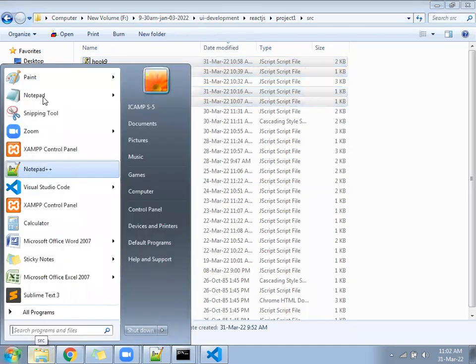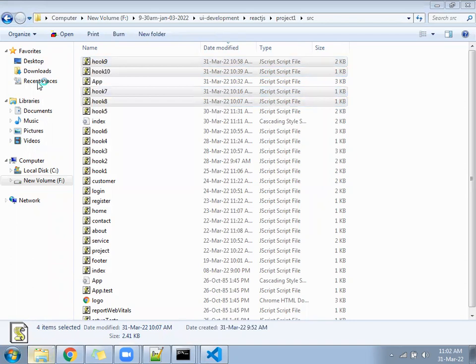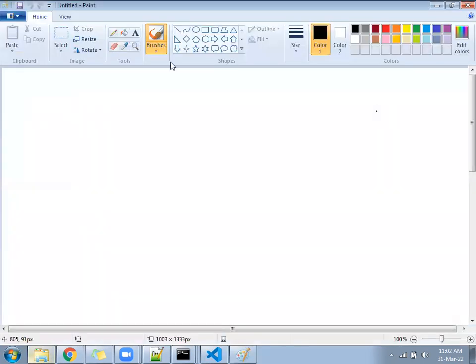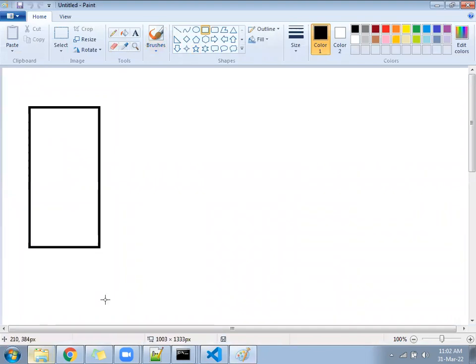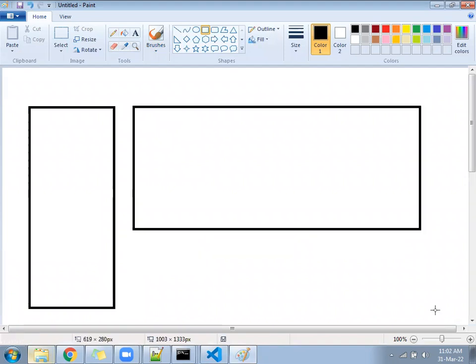And you can create one page based on component reusability. It should be like this: one section on the left side, category, and one section on the right side, blog.